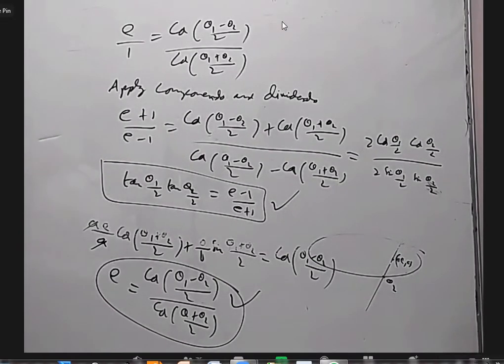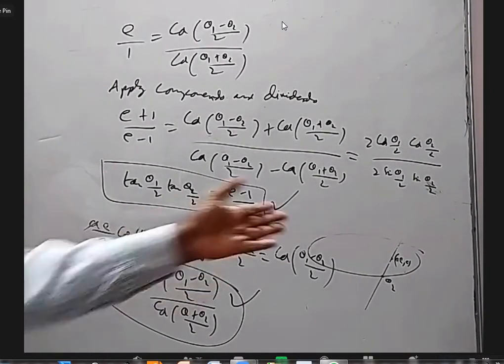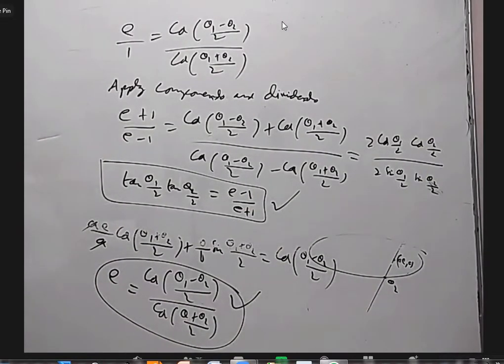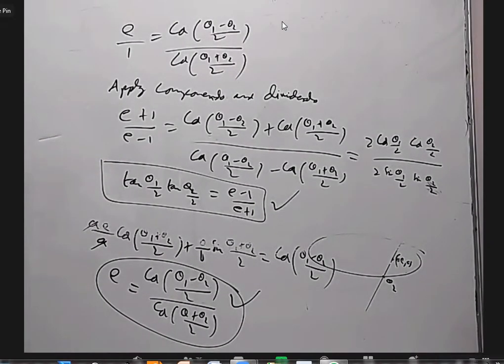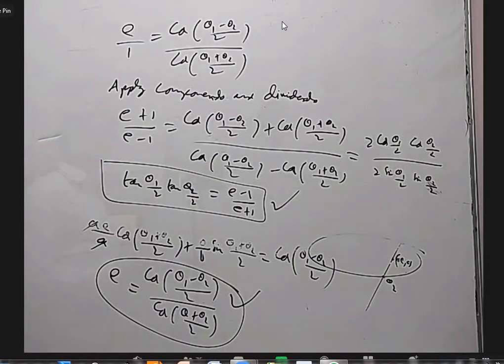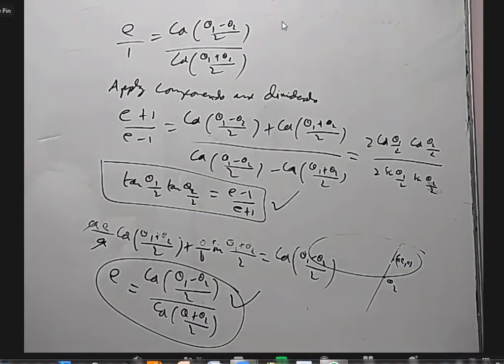So this formula that we derived for the chord joining theta 1, theta 2, we don't use so much. Maybe one or two more questions like this, that's all. Not like we are going to use it extensively in many other questions. But next we are going to discuss tangent and normal and all that. There will be using more. If you look at past year Mains or Advanced questions, most of the questions in ellipse and hyperbola are related to what the condition is for a line to be tangent, or at which point it is tangent. Everything is about tangent and normal mostly.